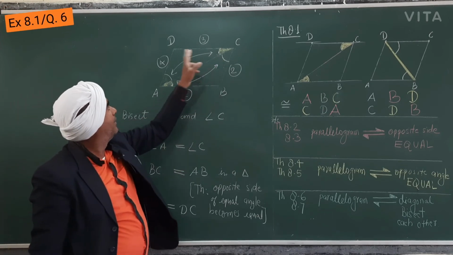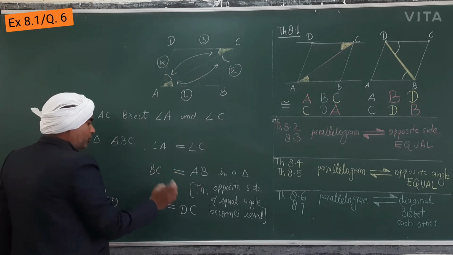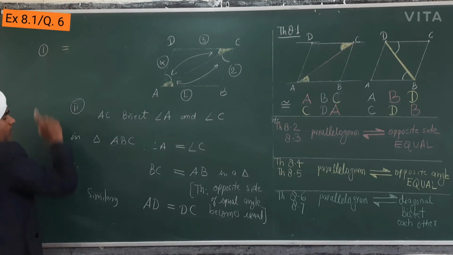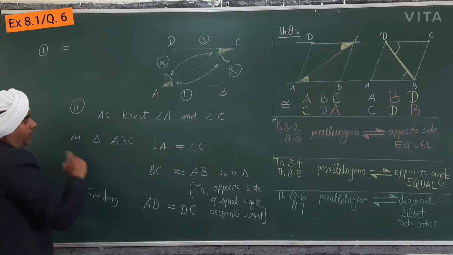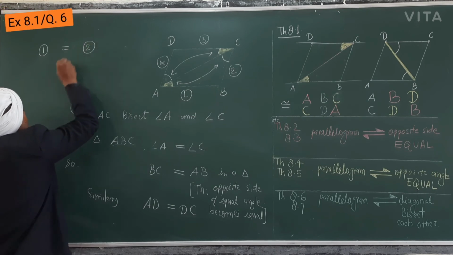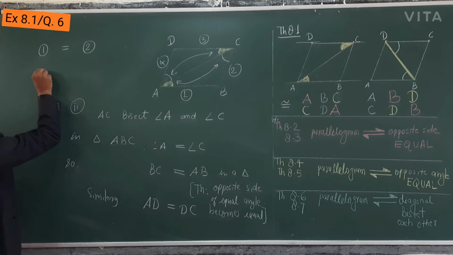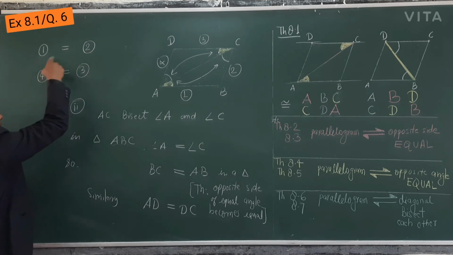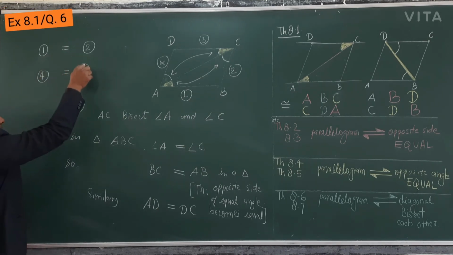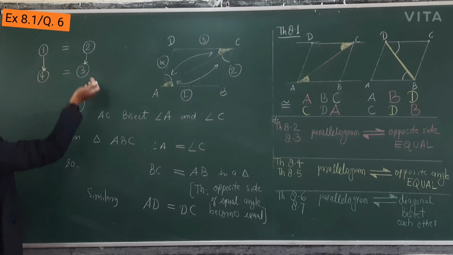AD, 3 equals 4. And if 1 equals 2, 3 equals 4, just as it is given, AB is equal to BC, 1 equals 2, and AD means 4 equals 3. Yes, 3 equals 4. If these two conditions are there, and somebody tells you 1 equals 4, means this is also equal to 4. If someone says this equals this, or this equals this, means all the sides are equal.